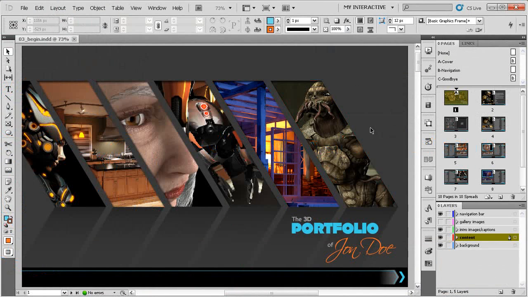Alright, so this is the file we looked at in the previous lesson, and I'm going to share a little bit about what I've got going here. If some of these images look familiar to you, they probably are. We've probably seen these all over our website. So what I've done is I've collected a few of the images from our website, and I've assembled them into sort of a self-promotional piece or a portfolio type project. Now we've made up a fictional character of John Doe, and we're going to be working on this particular file